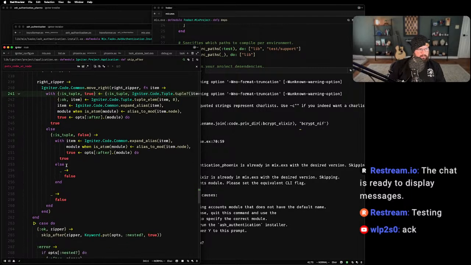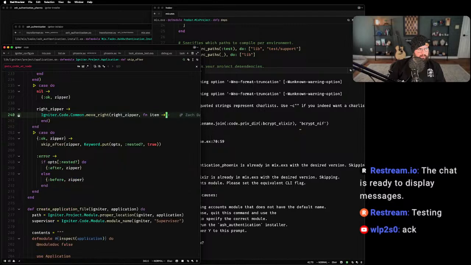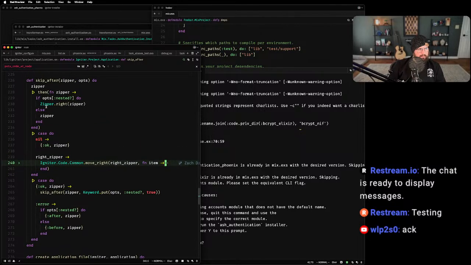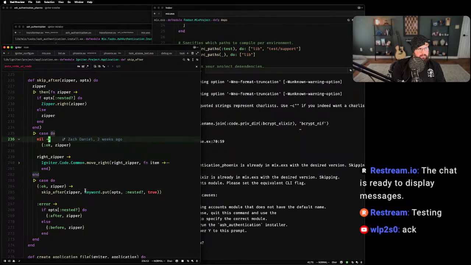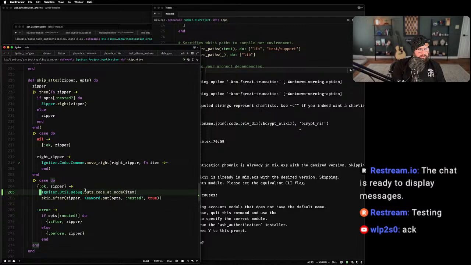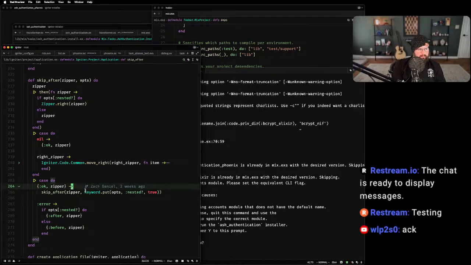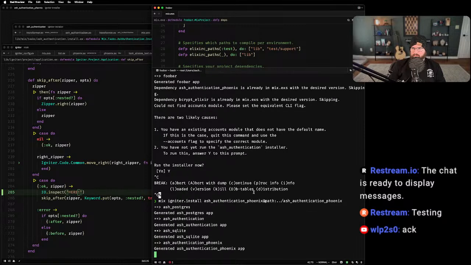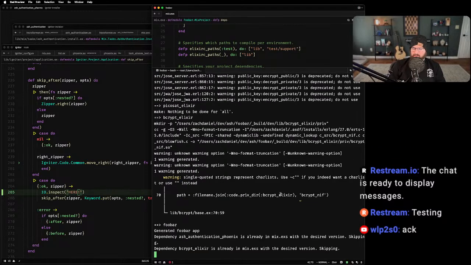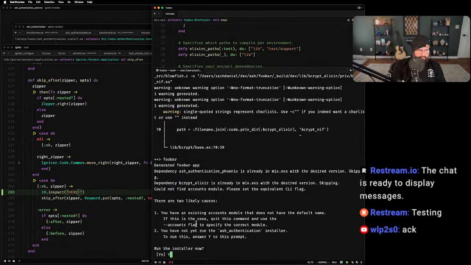So if we're still okay, we're saying okay zipper. So we say if they're, no, if ops nested. Let's see. This would be the one. I don't want to see that zipper because that's going to be big. Okay, if we are looping infinitely, which I'm pretty positive that we are, then this will be the location.